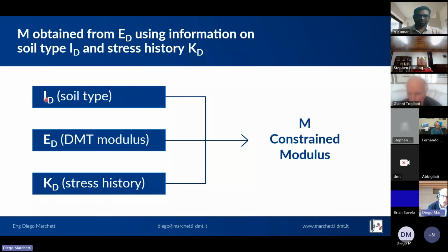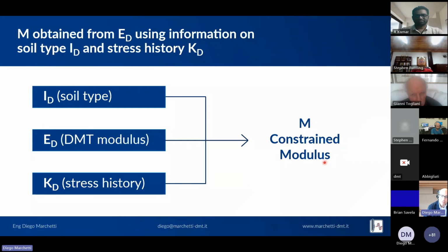So either in clay, where the test is undrained, it corrects ED differently than in sand, where the test is drained. And also using KD, which provides information on stress history, OCR, and especially K0, so that measuring a horizontal modulus, we can go to a vertical modulus. So these three intermediate parameters that are independent may provide the information in terms of geotechnical behavior to reconstruct a